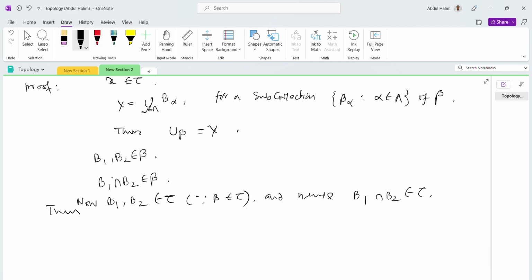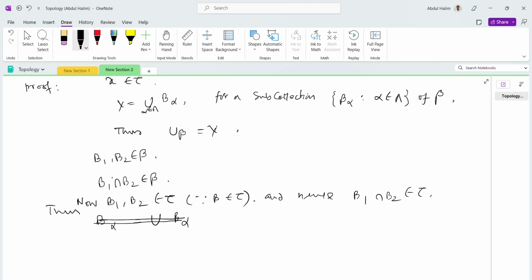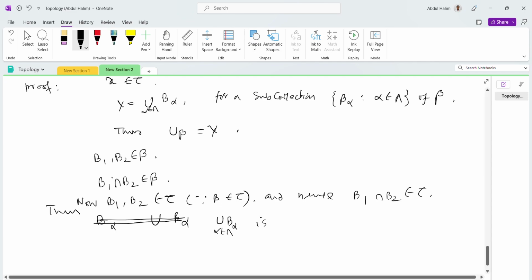B1 and B2 belong to beta. B1 intersection B2 belongs to beta. Now B1 intersection B2 belongs to tau, since beta belongs to tau, and hence B1 intersection B2 belongs to tau. Thus,